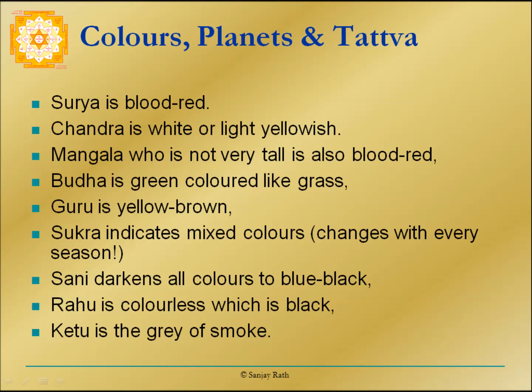Basically, both are indicating the energy. One is indicating energy which is wasted, energy which is misused, energy which is not put to productive use. The other is indicating energy which is well spent, energy which is well used, energy which has got a purpose